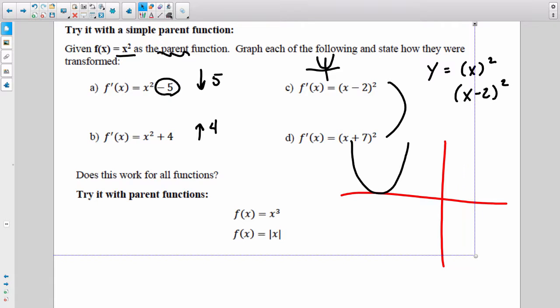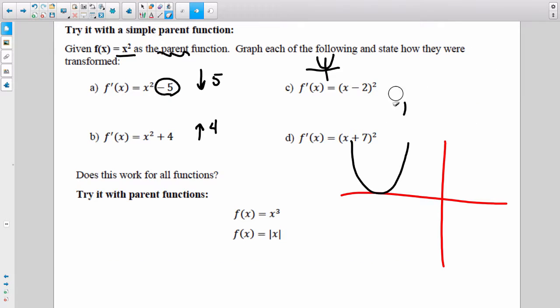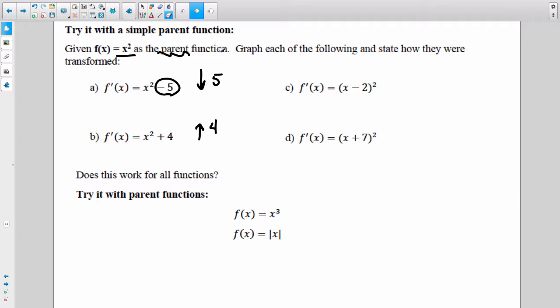So what we have here is this kind of curious thing: when you transform a function and you do it with a +7 inside the parentheses, it's actually going to move to the left 7 units. And if you do a -2 in the parentheses, it will move to the right 2 units. Not so bad, right? To tell you the truth, this is about 80% of it. Give me a number outside of everything, it'll do exactly what you say. Down 5, up 4. Give me a number inside of everything, inside these parentheses, it'll go in the opposite direction,